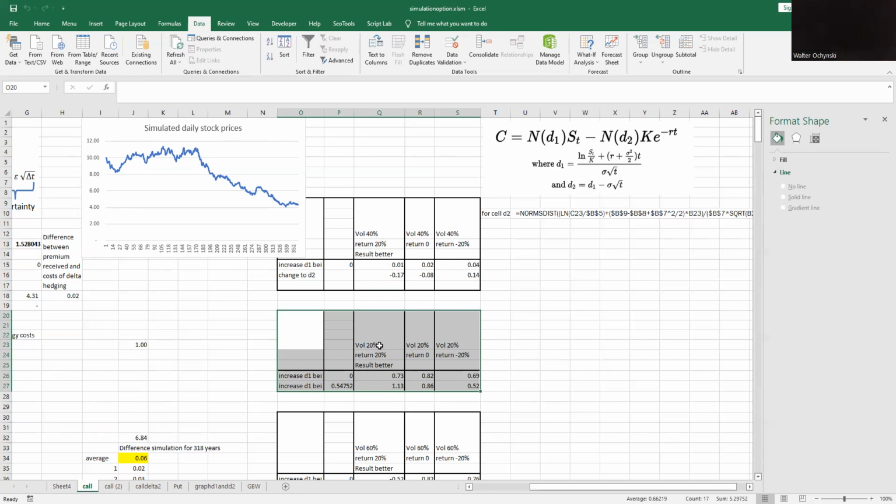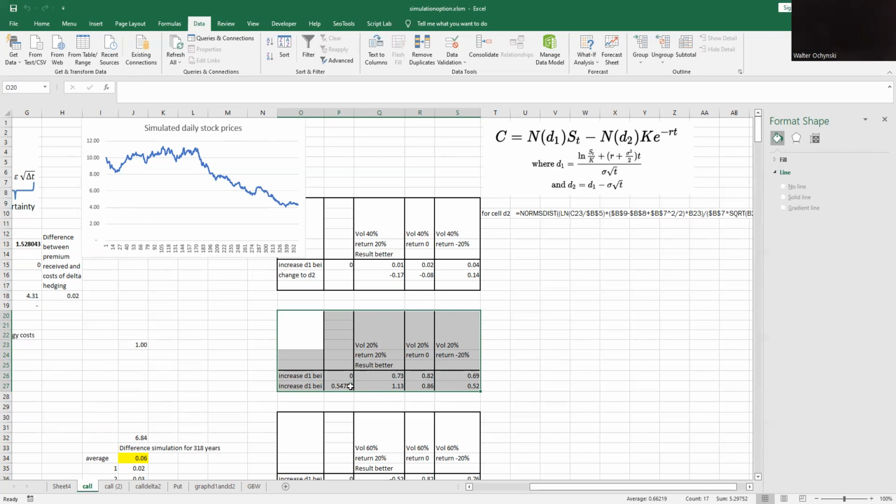We have volatility 20, 20, 20, and return is 20%, return 0%, and return minus 20%. We perform the hedging according to D1. So in the first case, we have plus 0.73, 82 cents, and